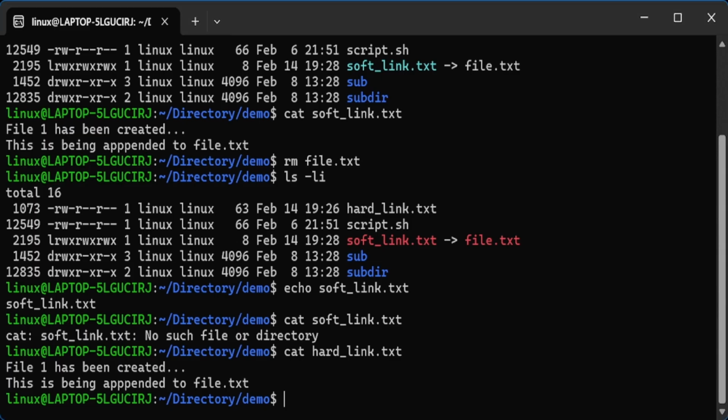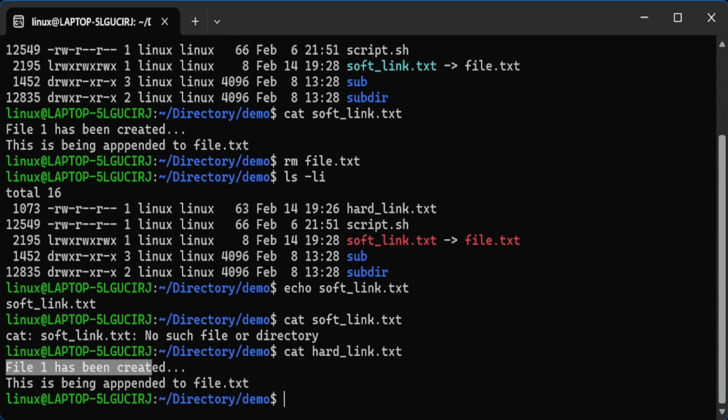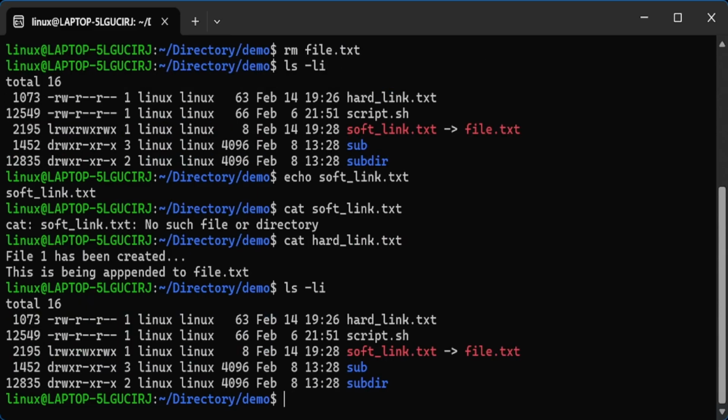In the meanwhile, as you can see, once I have displayed the contents of hardlink.txt, it refers to the content which is present within the inode number. Let's just showcase that information again. You can see that since the inode number was uniquely being shared by the file.txt and hardlink.txt, upon the deletion of file.txt, the data within file.txt would be lost, since it is directly referring to this particular inode